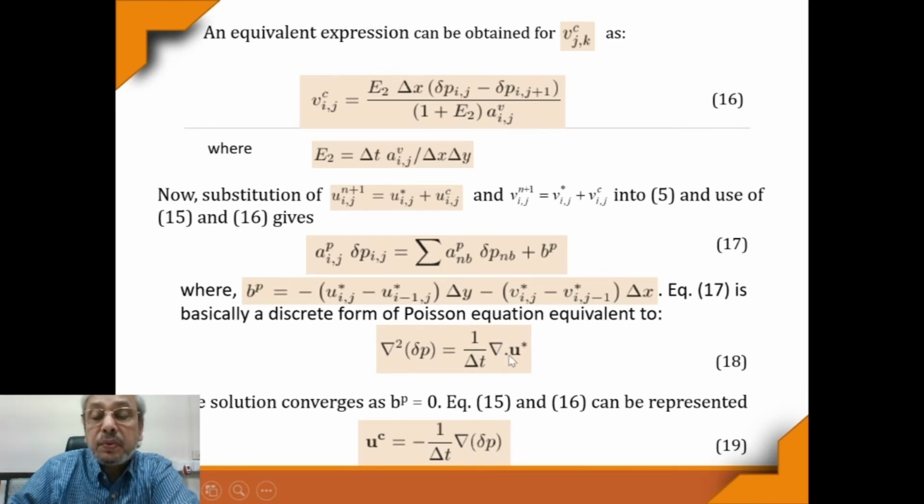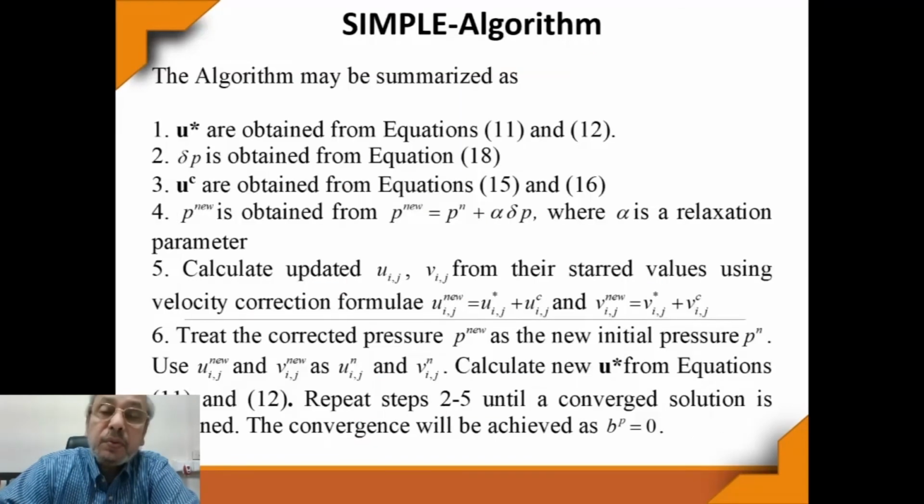and when it really reaches the n plus 1 level, then this divergence quantity will be 0, and there will be no delta p correction, and whatever velocity correction we got in the earlier iteration is the final velocity correction. That means velocities at the level n plus 1 have emerged. We have got those velocities.